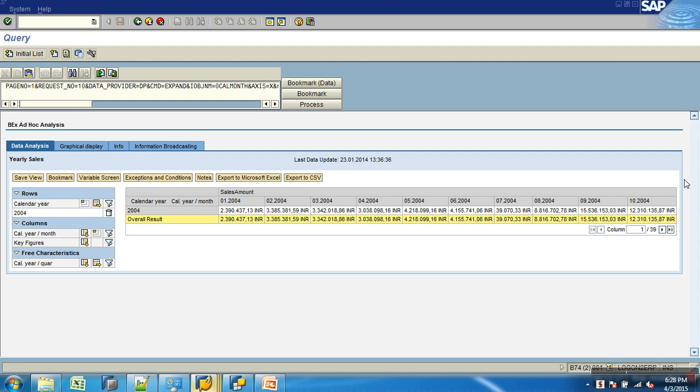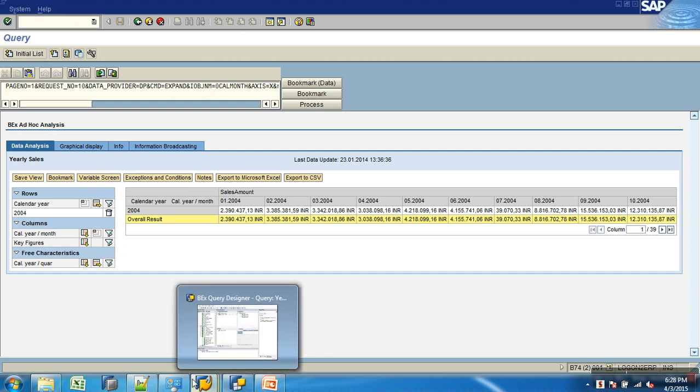So I can do drill down, drill across also, anything. So what is happening here? For the month and quarter, I have not placed them into the rows. I place them in free characteristics. So when you run the query the first time, in the first output you don't get to see them in the result set, but you get to see them in the navigation block. At a later stage, you can do drill down or drill across and filtering all the stuff. You can use them to navigate through the query. That's how it is. That is free characteristics.